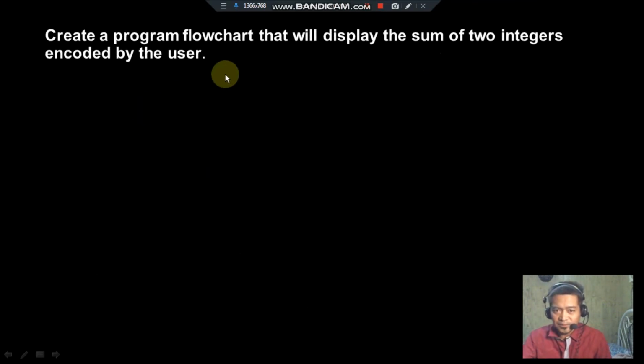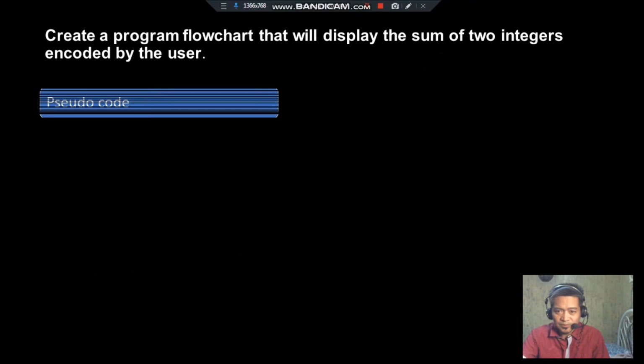So let's create a program flowchart that will display the sum of the two integers encoded by the user. So this was the problem earlier; for the algorithm, we added pseudocode and an algorithm description. Now, let's describe it through a flowchart layout. Okay. So again, we first need a